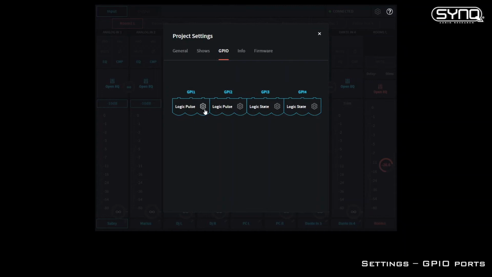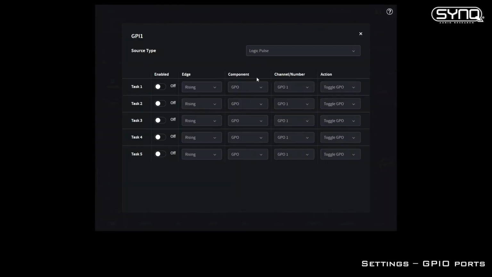We'll go into the settings, and we will specify that it's a pulse, because it's not a rocker switch. It's a momentary switch. We specify that we turn on the action 1, rising, falling edge. So this is really up to you, depending on how you're going to cable the button. What we're going to do, we're going to set the output, and we're going to set the mute. So we can do this with several things. We can also set to toggle an output.